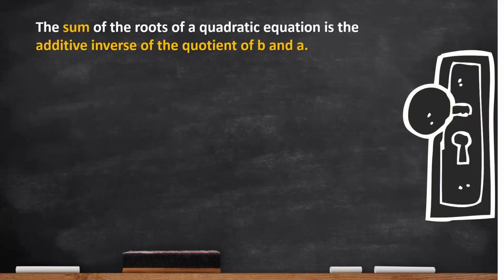So, now, the sum of the roots of a quadratic equation is the additive inverse of the quotient of b and a. So basically, kapag kinuha natin yung sum ng mga roots ng quadratic equation, the formula is simply negative b over a. So r1 plus r2 sum, that is for the root 1 and root 2, meaning ay yung mga values ni x. Okay?